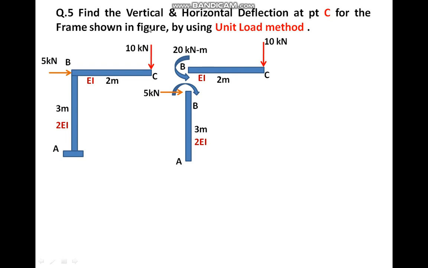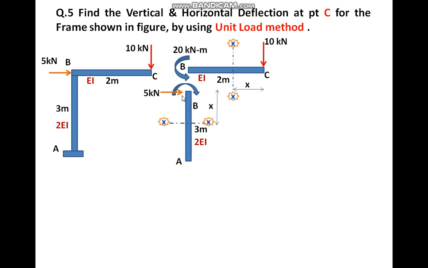You are asking for both horizontal and vertical deflections. So remember one point: a horizontal member will be cut by a vertical section, and a vertical member will be cut by a horizontal section. B to C is a horizontal member, so you cut the section vertically at a distance of x from the C point, and for the vertical member you cut the horizontal section xx at a distance of x from the